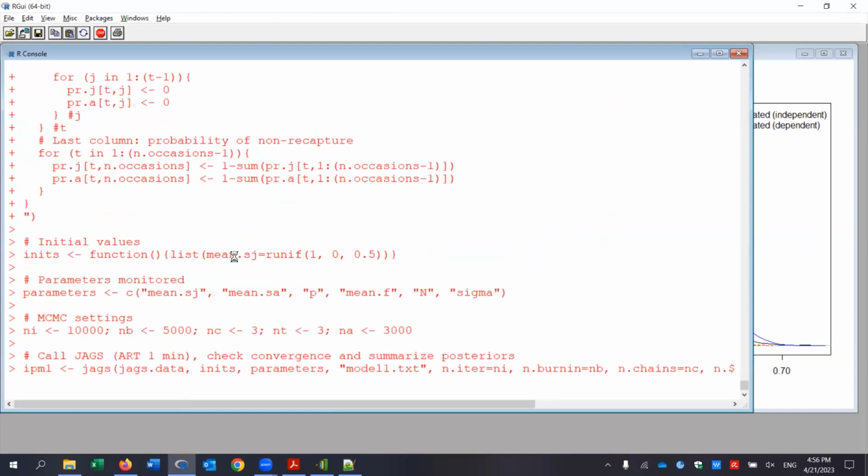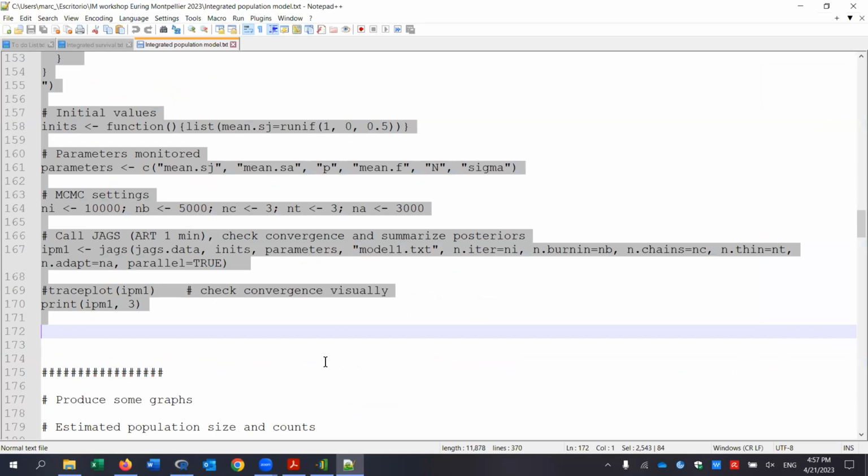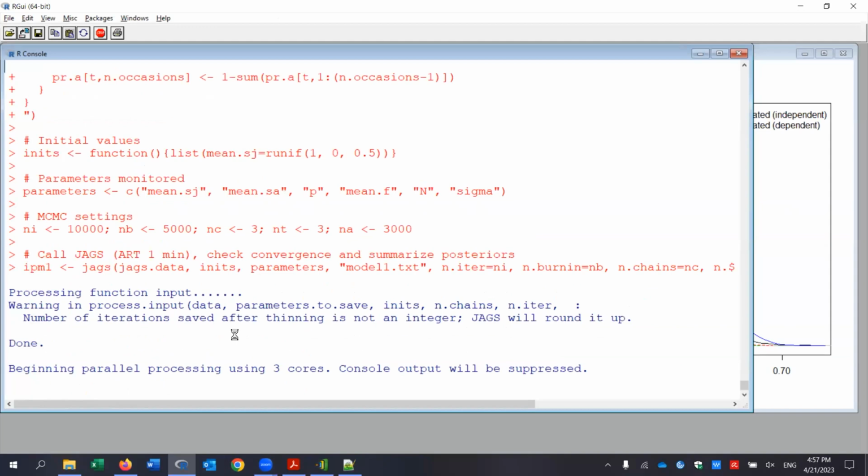Again, performance test of Marc's computer. I will not run too long. Nope. Just want to see. Should have reduced maybe the number of